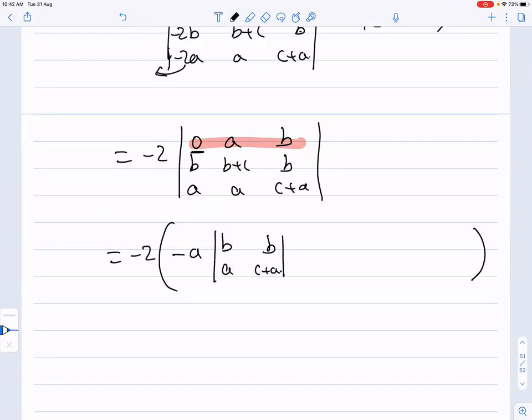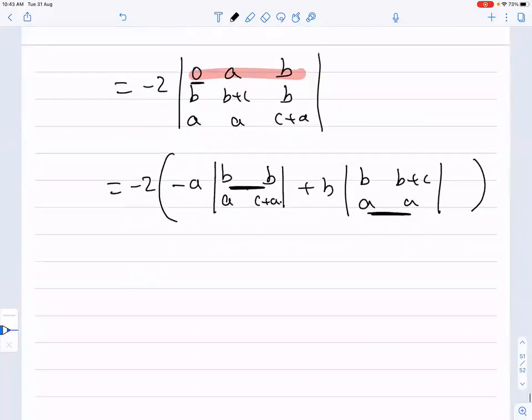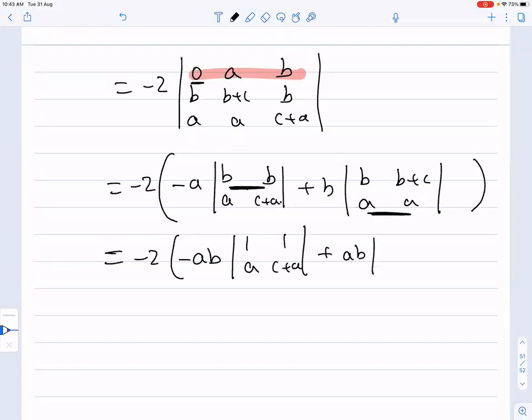Correct, students? Plus B into the determinant B, B plus C, A, A. Correct, students? From this I can take B out. From this I can take A out. Correct enough? Take them out. Minus 2 times I will get minus AB times 1, 1, A, C plus A. Plus AB times A out, B, B plus C, 1, 1. Correct enough? And take AB out. Minus 2AB common. I'm going to get minus determinant of